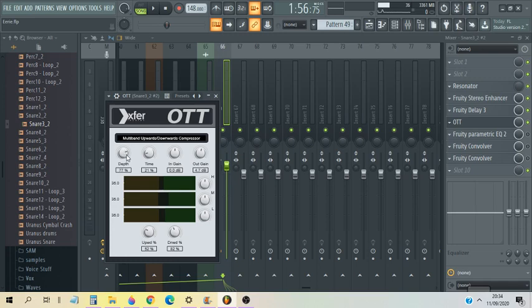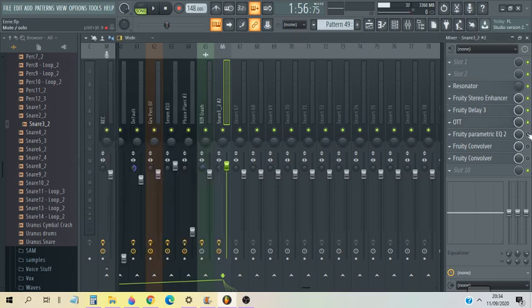I'm not gonna lie, I don't know exactly what this depth knob does, but from what I can hear, it sounds like it makes the whole multi-band, the whole ups and downwards, almost like a mix knob for the entire thing. I think it still applies the outgain and ingain, even if you turn this depth to 0, but I think it sounds like it's a mix knob for the upwards downwards part for the different bands. Usually I would have this on 100 if I'm using OTT, but I turned it down just a little bit for this because again I wanted this to be a relatively subtle kind of OTT.